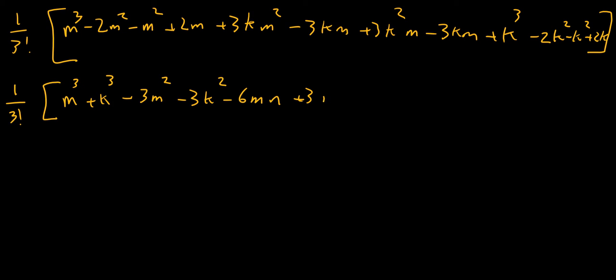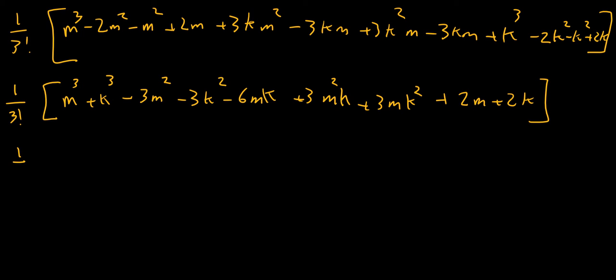Then we've got 3m squared k plus 3m k squared. Plus 2m plus 2k. Okay, we are finally getting somewhere. To make this look a bit nicer,